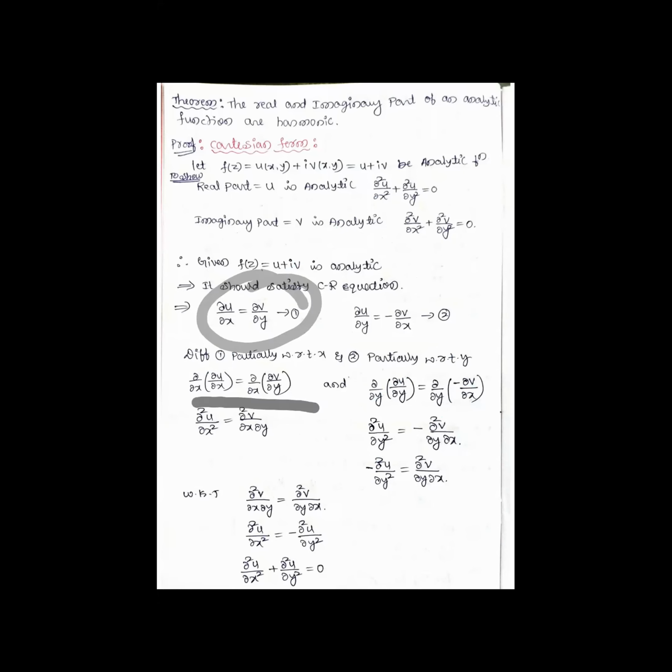so that I had shown here. This is with respect to y, that I have shown here. Partial means the symbol dou will come. Okay, so next simplification we will do. Dou square u by dou x square, this is a dou square v by dou x dou y, this is dou square u by dou y square, minus you take out dou square v by dou y dou x. So whatever the mixed derivatives there, this symbol I'll shift it to this side, minus sign I'll shift it to this side. So I'll show it here.